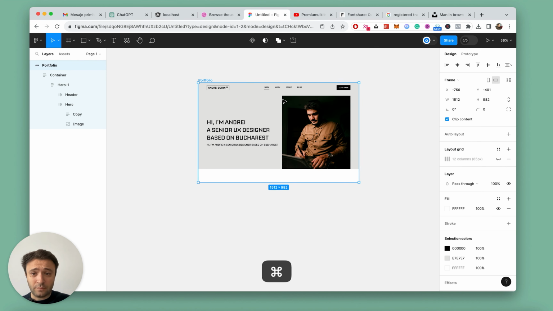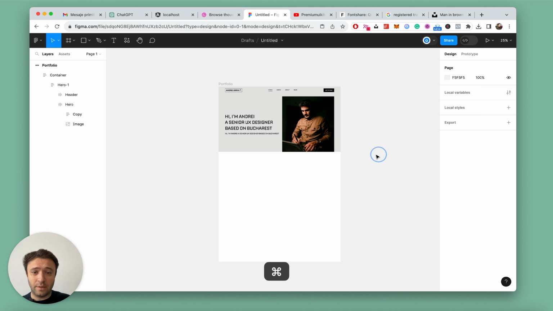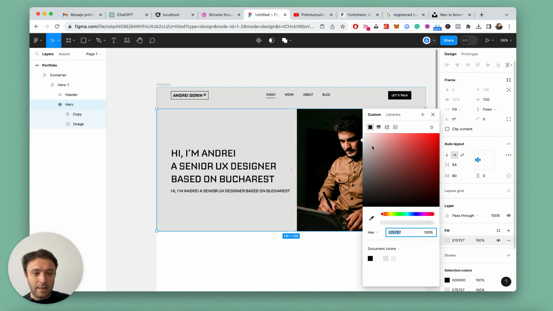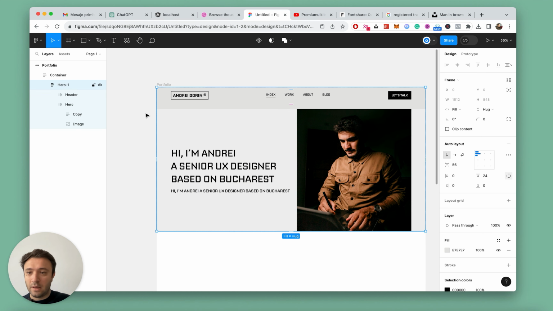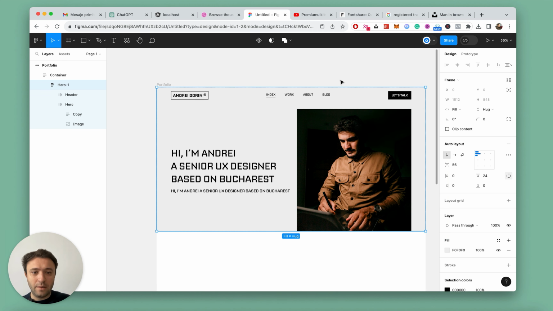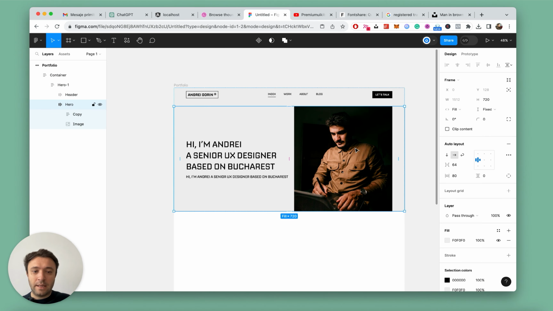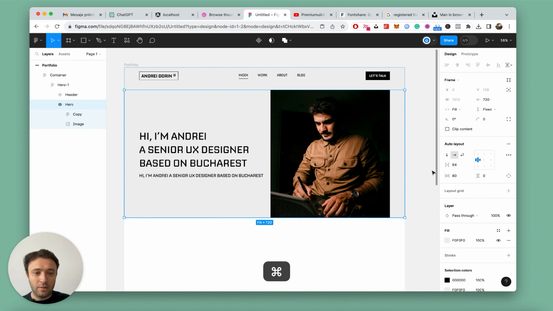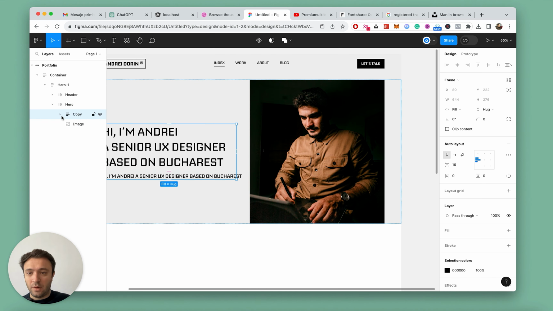So just go, select the image, select the hero, and increase a bit the height, something like 720. Okay, let's increase the height of the entire artboard, and let's click on hero and let's make a lighter gray. Let's delete the, let's make it on here as well. What did I do? Okay,